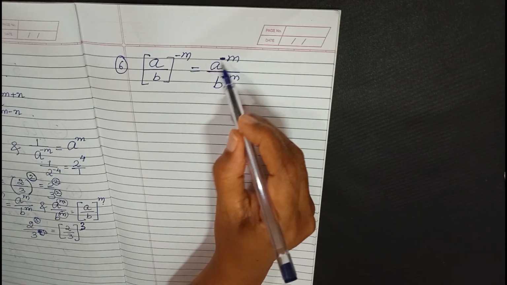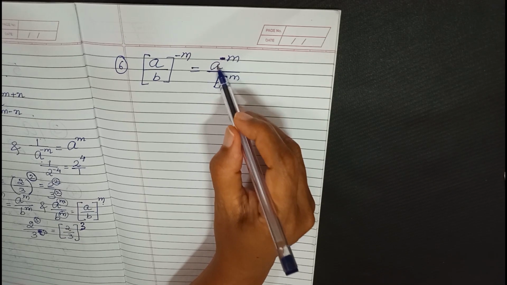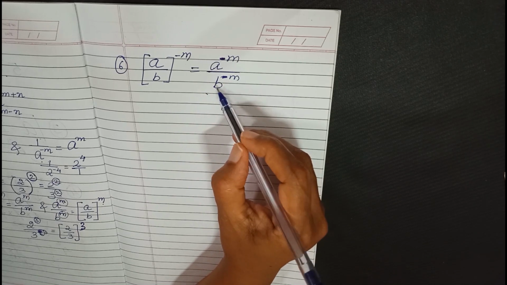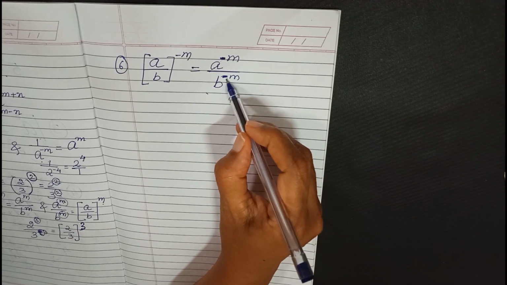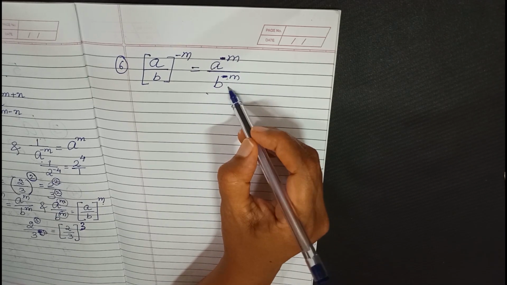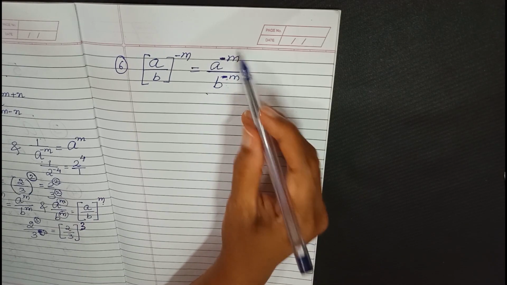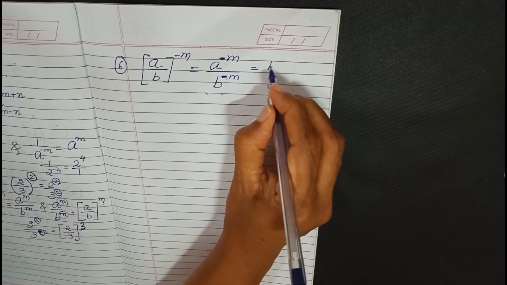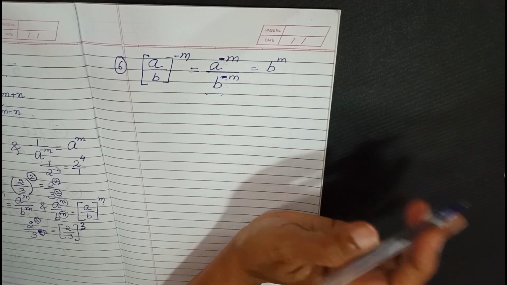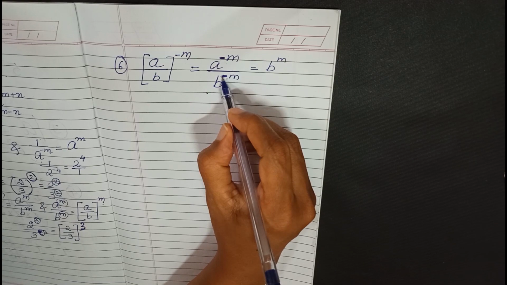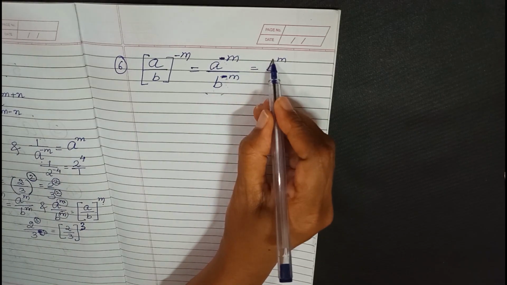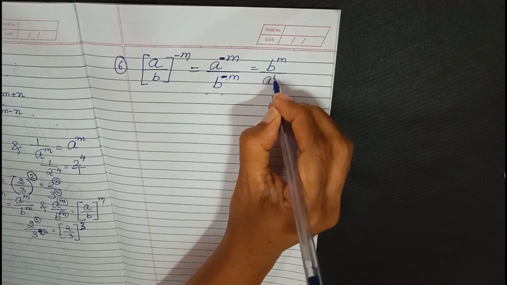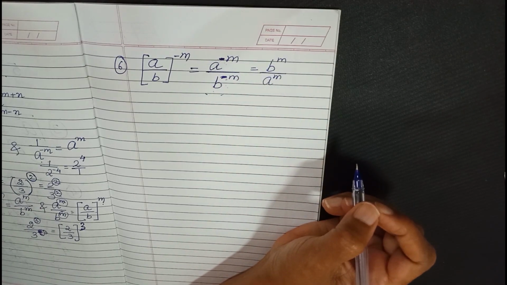Here you can see A with a negative M shows that this A should not be here, it should be in the denominator. And B with a negative sign in the denominator indicates this is not its correct position, it should be in the numerator. So what happens? B goes up and A comes down. And when it goes up, we should not write the negative sign. This negative sign was just for changing the position. We change the position, we should not write the negative sign. A also, we change the position and we don't write the negative sign.